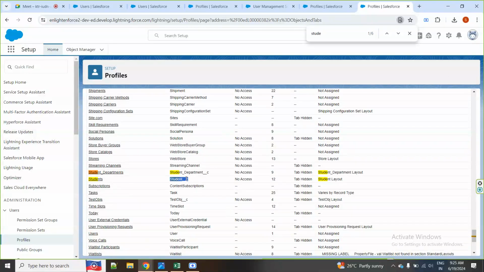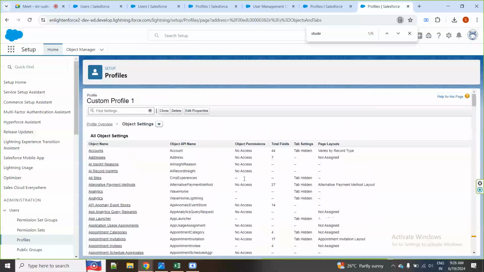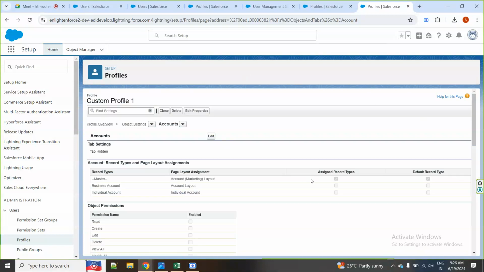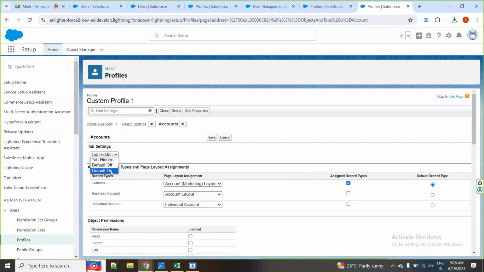Here is a custom object, so it's double underscore c, tab is hidden, and just only one layout, student, right? The main point is like there is no access to any object, right? Okay, so let's start by giving access. Click on the account and you will see one structure where you can specify the permissions, right? The first is tab setting, so let's enable it first, right? Tab is hidden, I'll just make it default on and save,